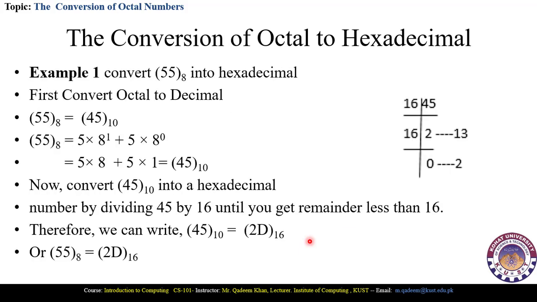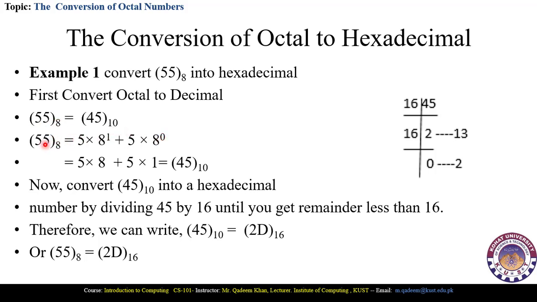Now here is an example of how we will convert octal to the hexadecimal number system. For example, if you want to convert 55 to the base 8 into the hexadecimal number system, first we need to convert it into the decimal number system, then decimal to the hexadecimal number system. So 55 to the base 8 is equal to 45. How will we get 45? So first 5 multiplied by 8 to the power 1 plus 5 multiplied by 8 to the power 0,